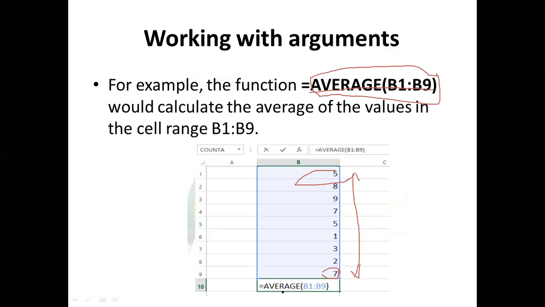So the formula is provided there, where we're trying to find the average of those particular numbers. So we put our function in a properly stated manner so that we don't have errors after